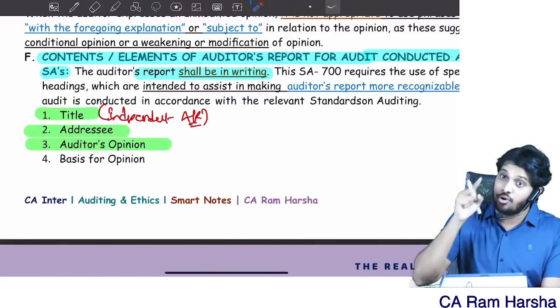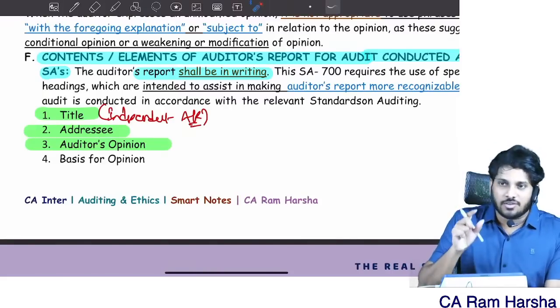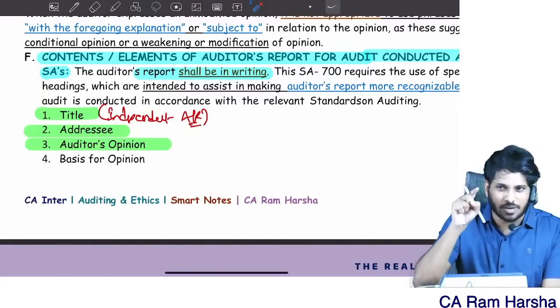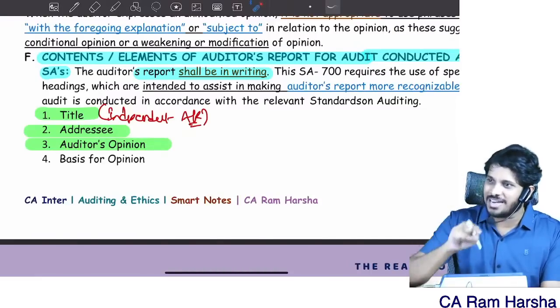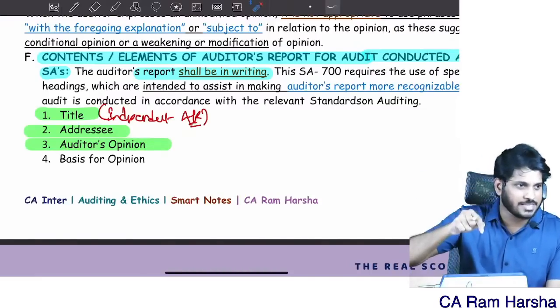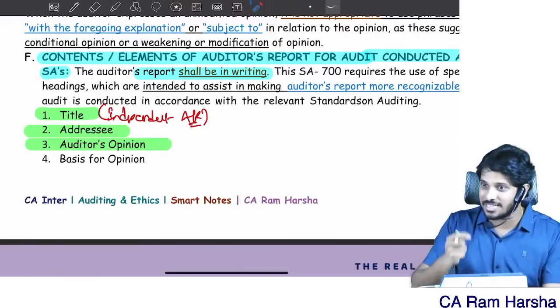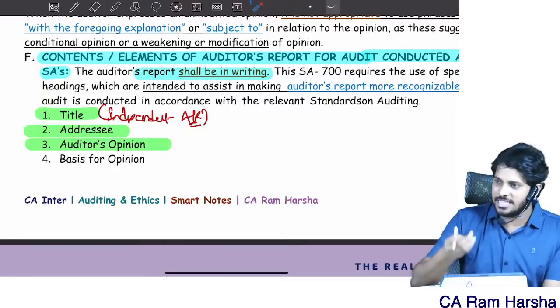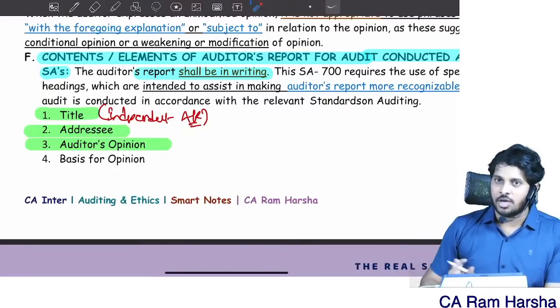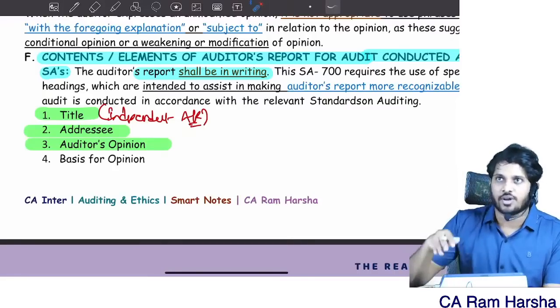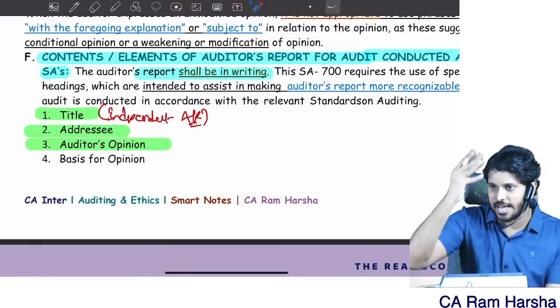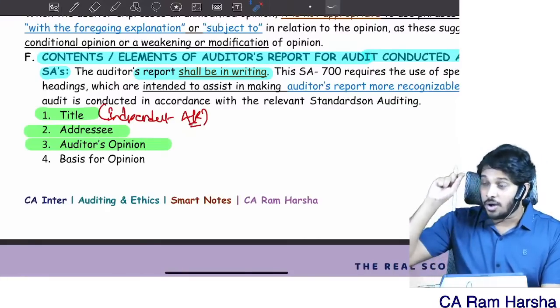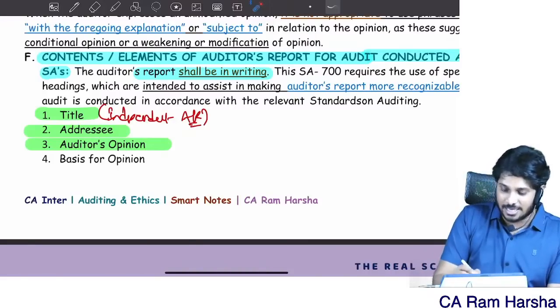Now I want to know why you gave an adverse opinion, which means you must give reasons for adverse opinion, reasons for qualified opinion, reasons for disclaimer of opinion in the basis for opinion section, right? You must give reason. Then only I can understand why you gave adverse opinion, why you gave qualified opinion. Just blindly you said financials are wrong. You should tell me why it is wrong also. You cannot say blindly the financials are wrong. I will not accept. Correct? So the basis for opinion section